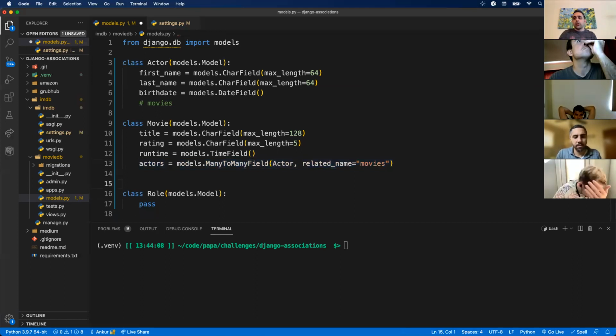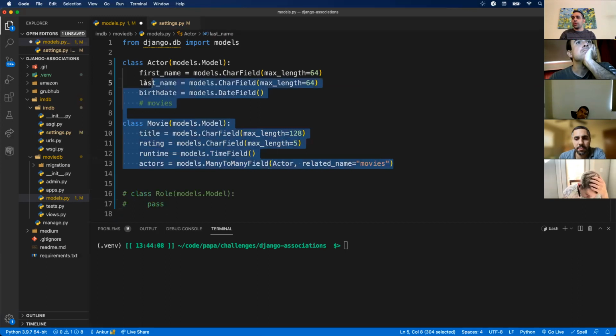All right, so again, I want to make sure that we understand that there isn't real magic going on. Django handles some of the complexity for us, but Django does not get to bend the rules of database design. What I mean by that is, let's say I don't have this roles even defined. I'm going to run makemigrations and migrate for these two models. I need to actually get into IMDb.